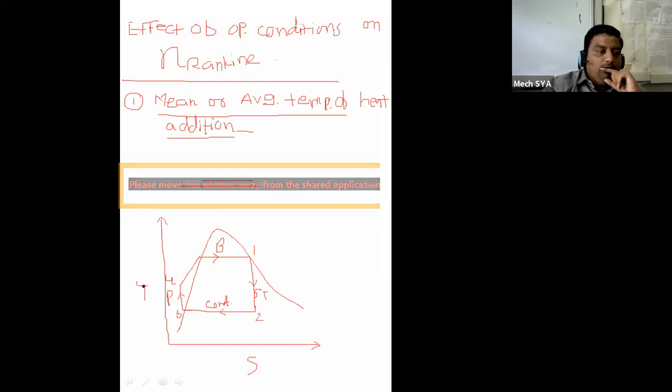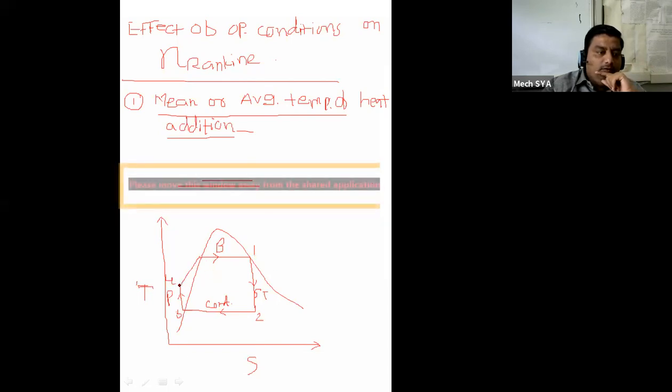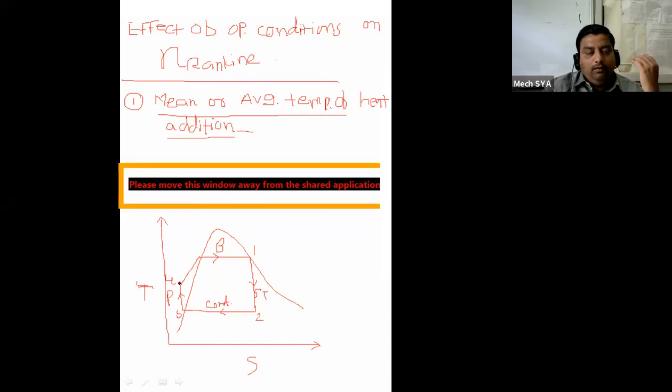Now, if we consider here, heat addition starts at point number 4, which is T4 temperature, and ends at this T1 temperature. So during this heat addition, in the actual case, the temperature goes on increasing. So from point 4, when we are giving heat to the water, its temperature, the feed water's temperature, will start increasing up to saturation temperature. So up to here, temperature will increase. And if you take the mean value or average value of all these temperatures, it is considered Tm.